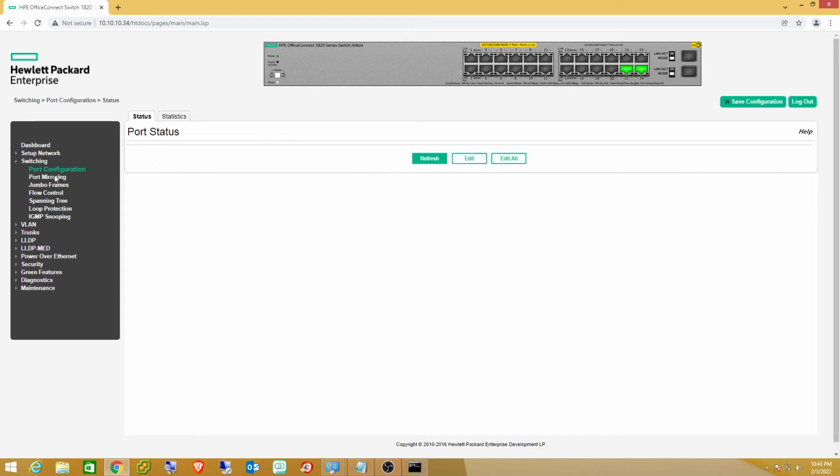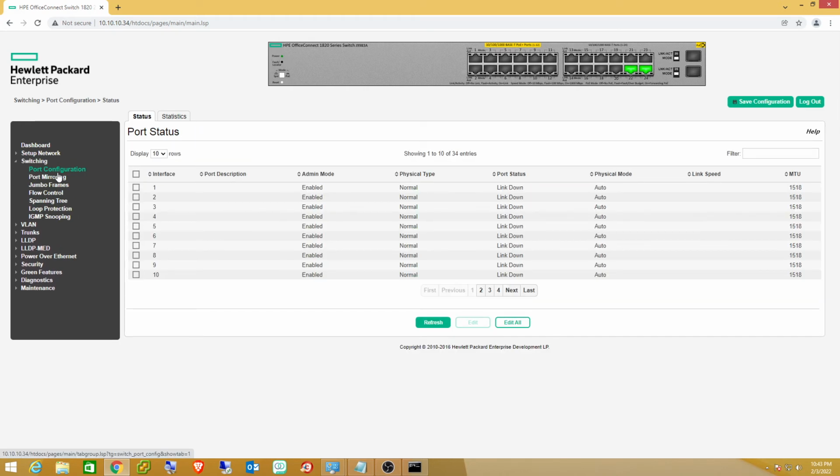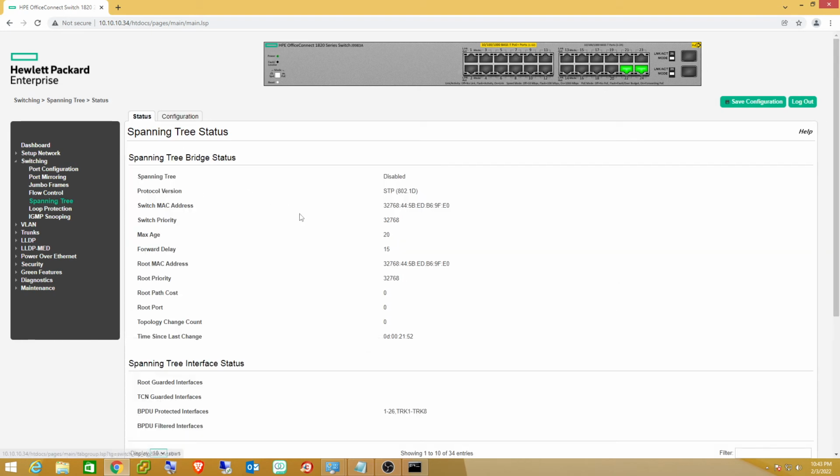The switching is just for your physical port configurations. This would be if you wanted to disable ports and things like that. In this case, we don't have to worry about it. I don't need to set up any span ports. I don't need jumbo frames or flow control. I'm not going to set up spanning tree. I'm not going to turn it on in this case because the switches I'm setting up go directly to a